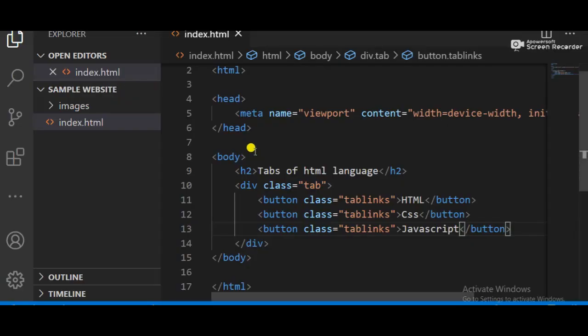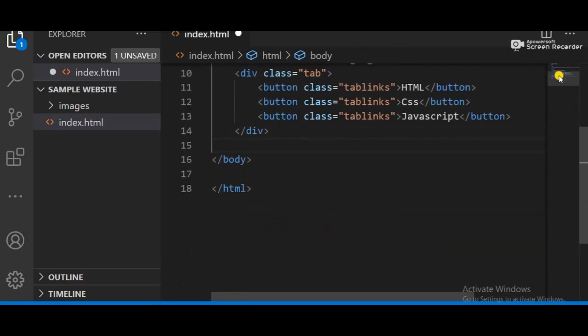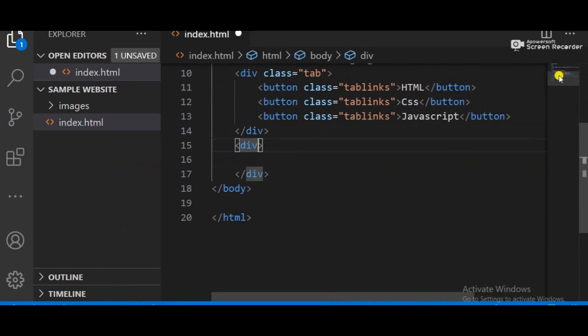In the next step we need to apply another div after this div. This div has an ID, and in it we show what appears when you click on the HTML button. The ID of my div is HTML simple, and here is a class. What is the class? It is tab content. Tab content is simply the content you show on your website.